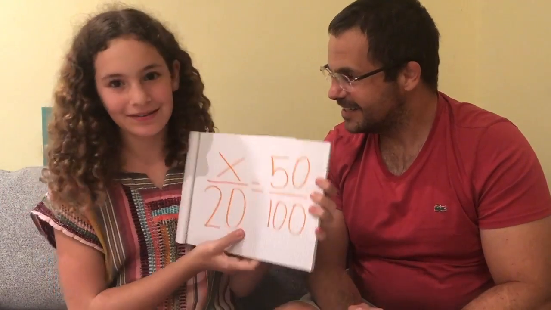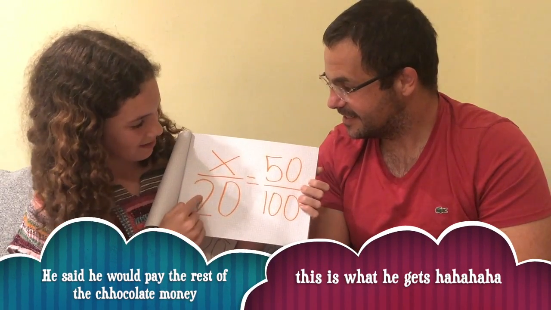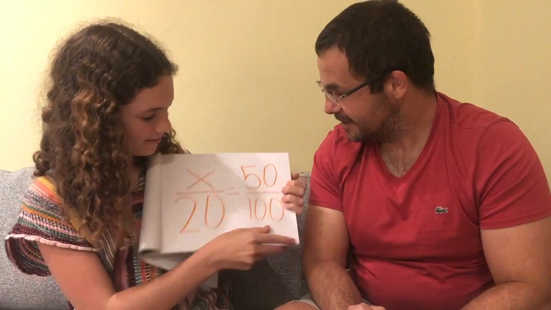Okay, so we have an allowance of $20. From whom? Our dad. Okay. Today, let's increase it by 50%. 50? Yes. And so now we have to do our equation once again. And so we do 50 times 20 because we're cross multiplying now. And x times 100. All right. Which gives us